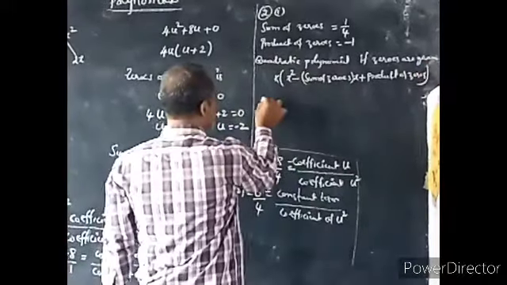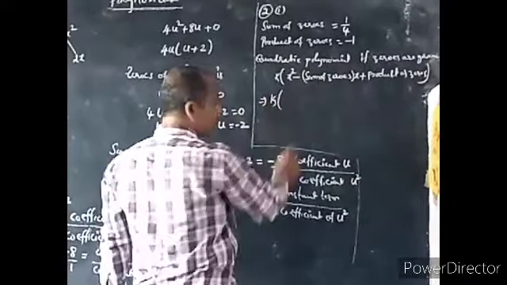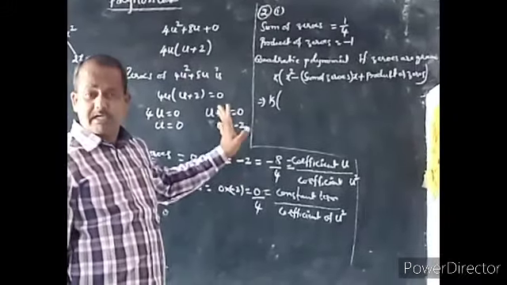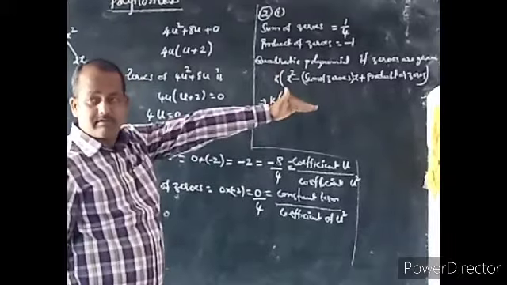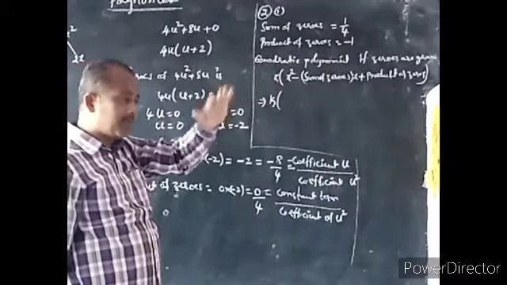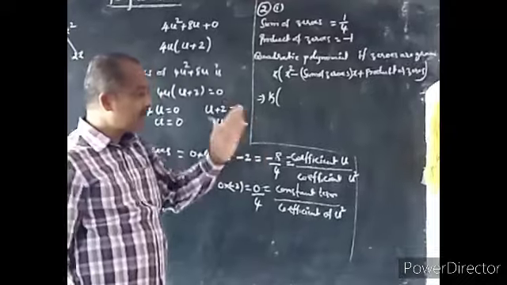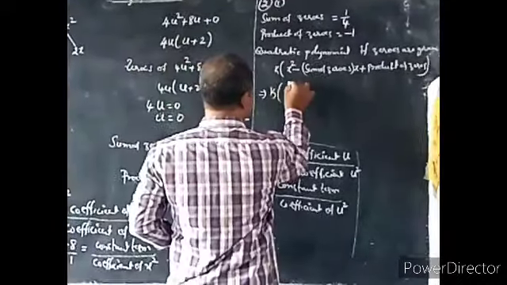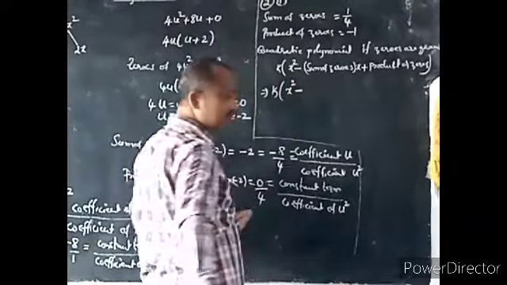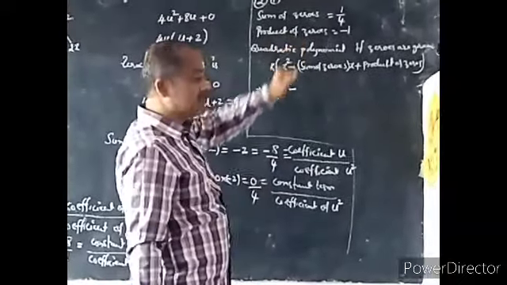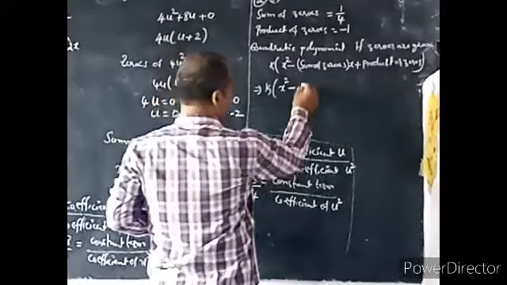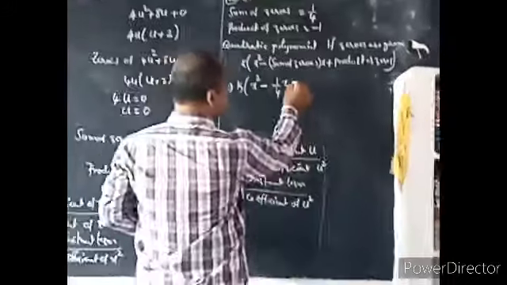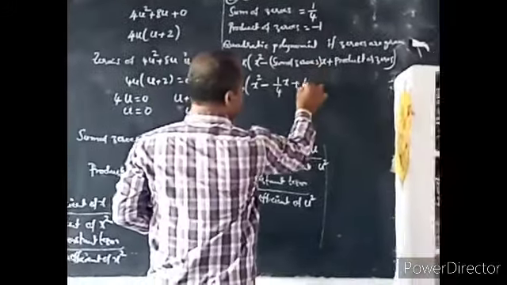Now it is k into, yesterday I said what number you should take for k. In the denominator part, while simplifying, if any number is getting in the denominator, that number you should take. Now x square minus sum of zeros, how much? 1 by 4, so 1 by 4 x plus minus 1.